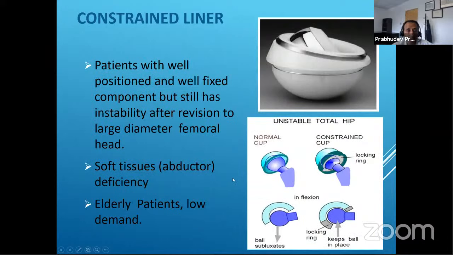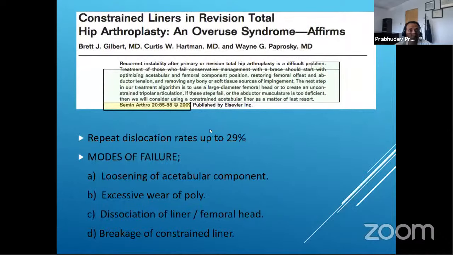Constrained liners can be utilized. Again, these can be indicated in patients with well-fixed components and well-positioned components, but still have instability after revision to a larger diameter, after you try to restore and increase the offset and try to increase the cup. And in patients with soft tissue deficiencies and patients who are elderly and low demand, the constrained liners could be a good technique,